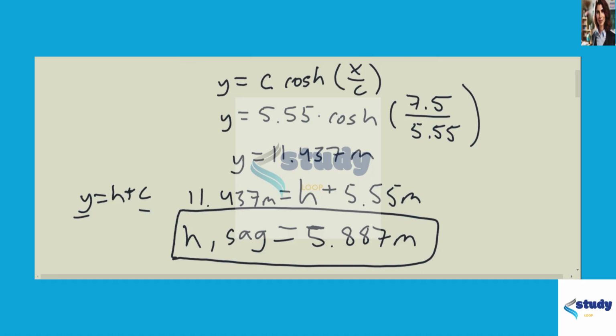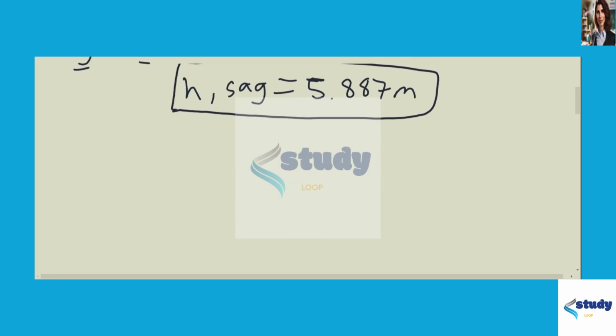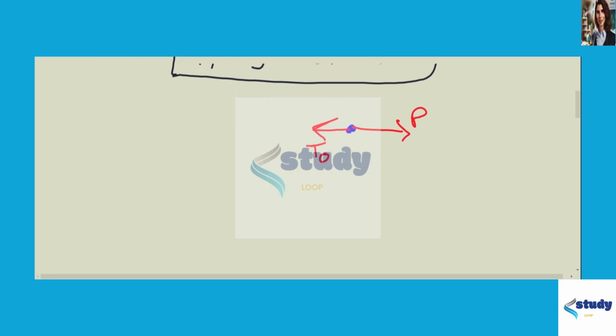Now we need to find the force P required for when the span is 15 meters. In order to do that, we need to look at point B. And we know that P, because B is holding steady, is going to be equal to the horizontal component of our tension. So in order to find T naught here,